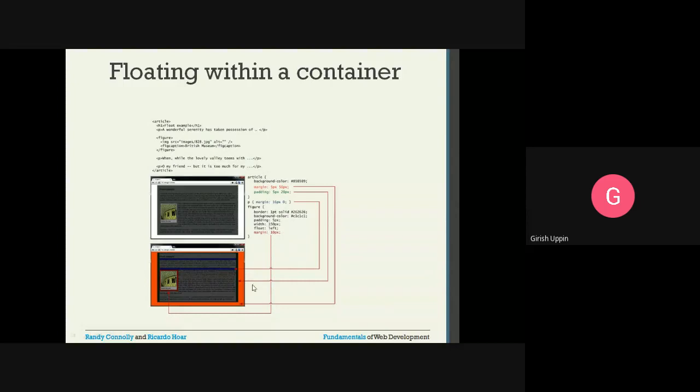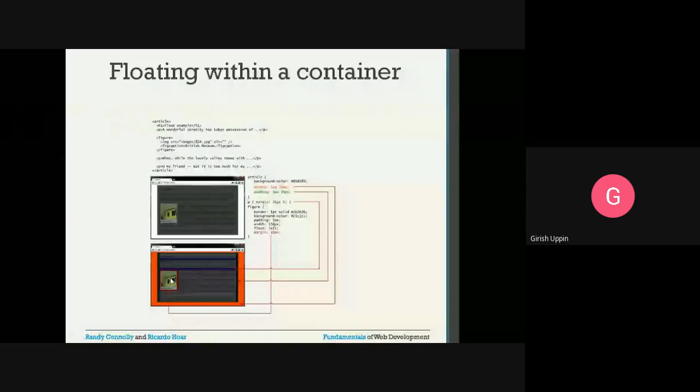And for the figure, we have a border, 1 pt solid and some color, that is a red color. This is the border for the figure. Background color is specified, and 5 pixel padding is there. Width is specified, this width is 150 pixel.